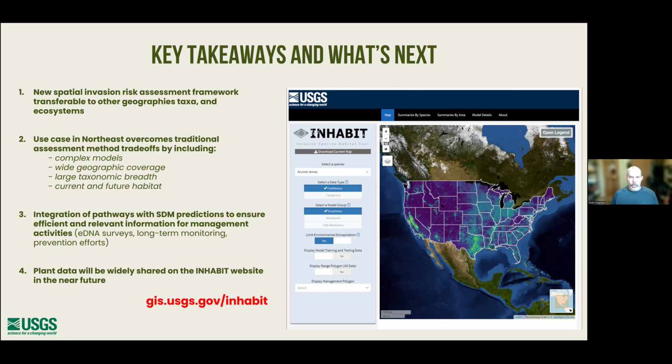So, what is the key takeaway here? We're trying to create a framework that is robust not just to this type of information and this set of species. We want to make it robust to other geographies, other taxa, and other ecosystems. Of course, that depends on the availability of data in your particular region.